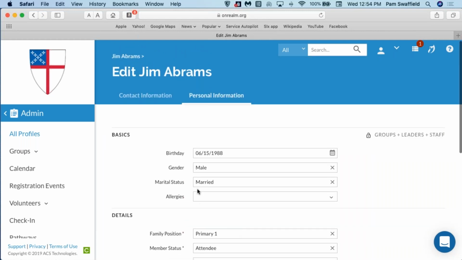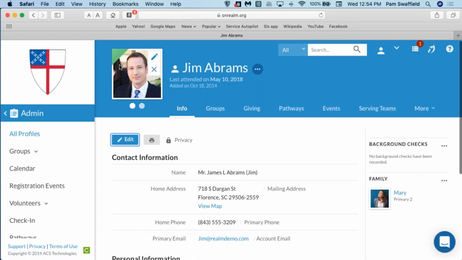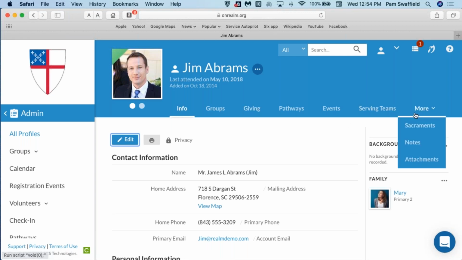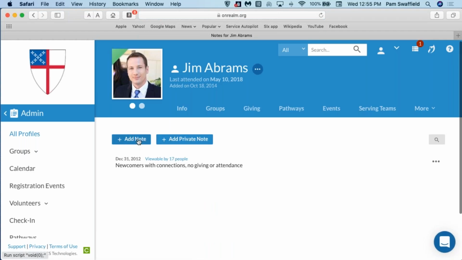So all of these are those profile fields that we were discussing earlier this morning. Now, in addition to that, here's the colored profile alert I was talking about. So we have their personal information. Then I mentioned that in some situations, you might want to tag a note along with,